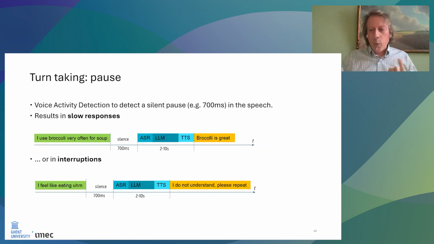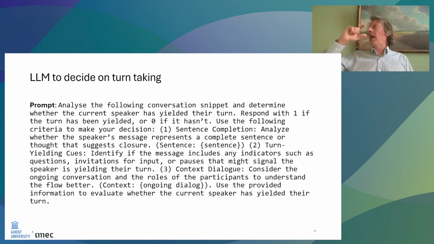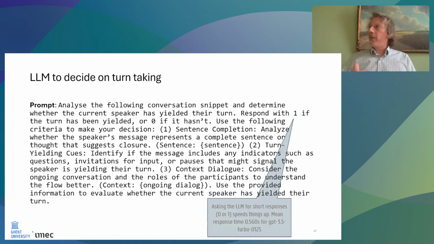The way around that, which we used and which the group at KTH has also come up with, is by letting a large language model decide on when it's the right time to take a turn, or to relinquish the floor. You can do that by looking at the semantics of what is being said. This is the prompt we give. It's a fairly large prompt, but it works really fast because we ask the LLM to respond with a single 1 or 0 to tell us if the turn is relinquished or not. That's a really fast single token response to an utterance that has been transcribed, and we get really nice turn taking out of that.